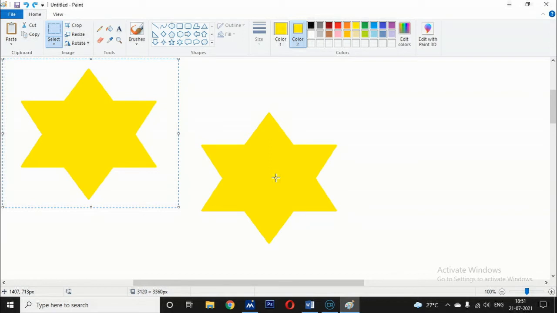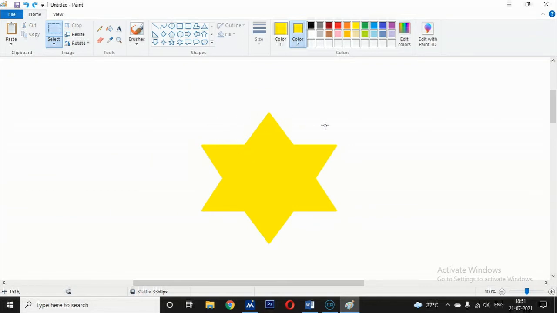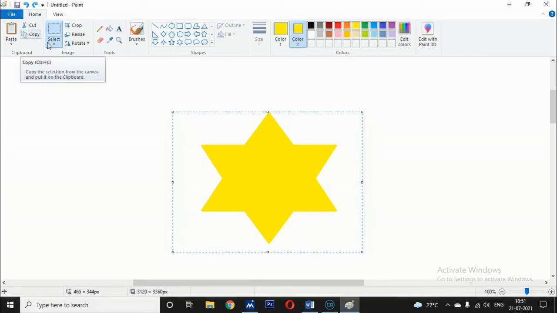Do you understand, children? Once again, look at this carefully. If you want to get the duplicate copy of this picture, go to the select tool, click the rectangular selection and select the full picture. Select the whole picture and click this copy option.